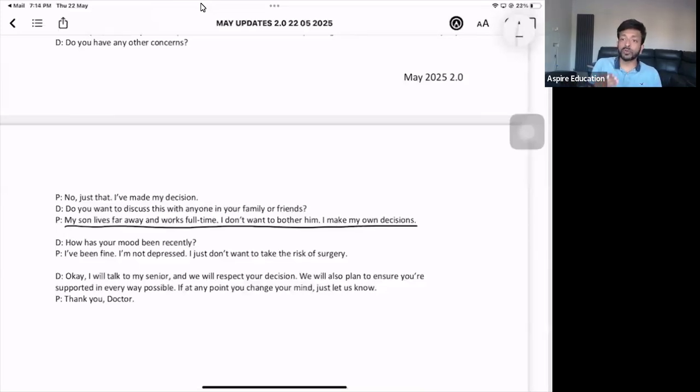Don't think that if I'm not able to convince my patient, I'm going to fail this station. It's not going to be like that. Maybe they have been instructed in a way that you don't have to get convinced today. What they want to see is how much did you try, and also, did you check if this patient has understanding and retention of information? And the most important is whether this patient knows the implications or consequences of his decisions or not.